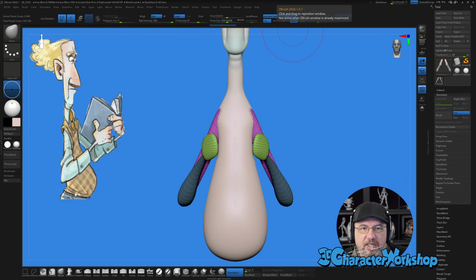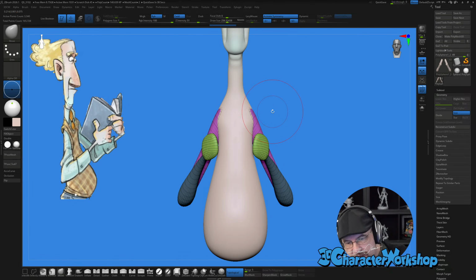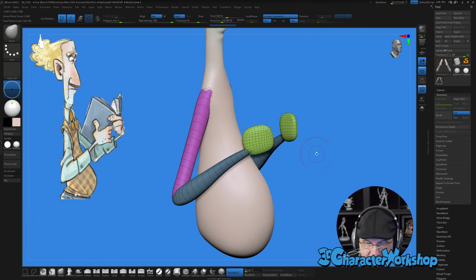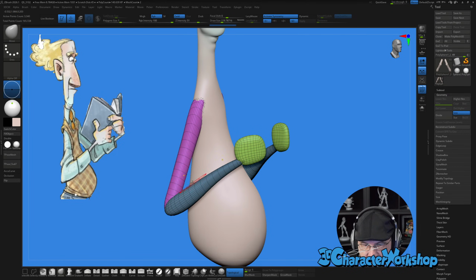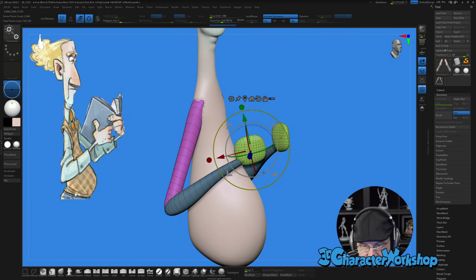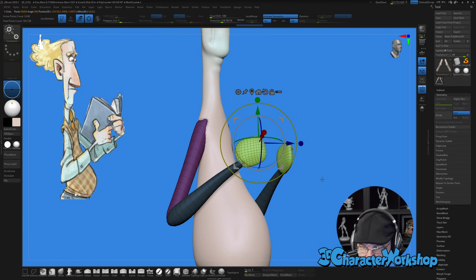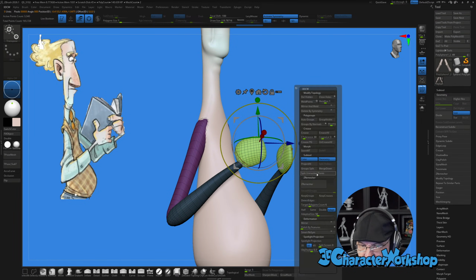Thanks for the question, Jays, and welcome. It will split anything that is masked or unmasked into a new subtool. That's all it does. So, for example, see the arms and hands that I have right here. If I wanted to split the hands off and put them in their own subtool, get them away from the arm, all I would have to do is mask it off like this, and then hit split unmasked points.